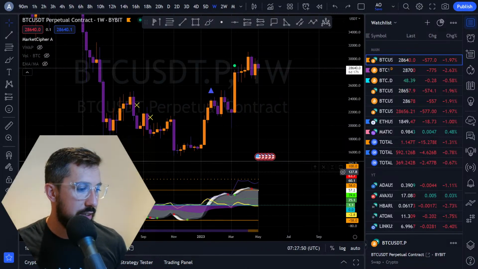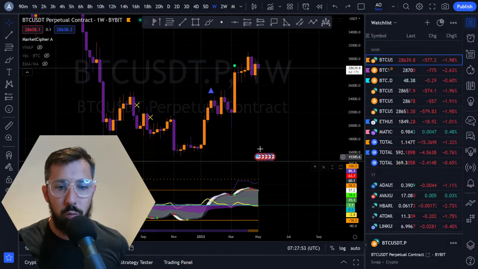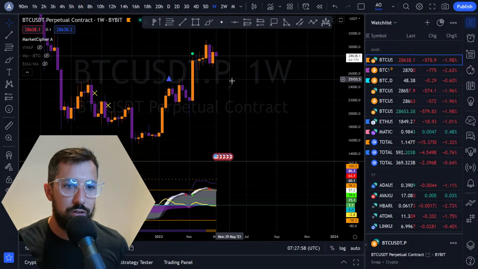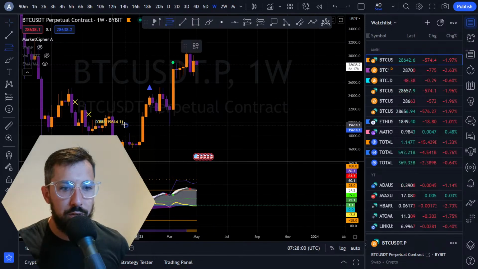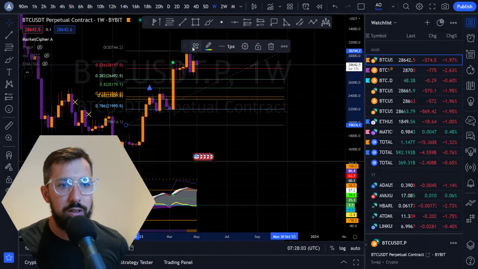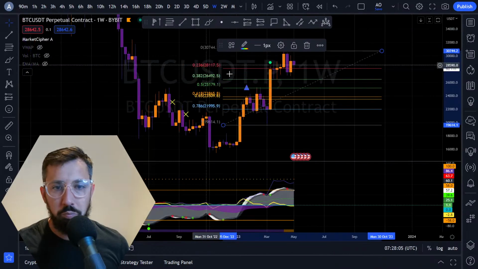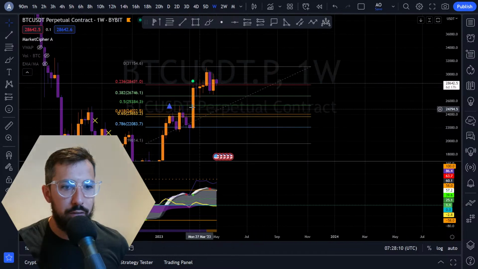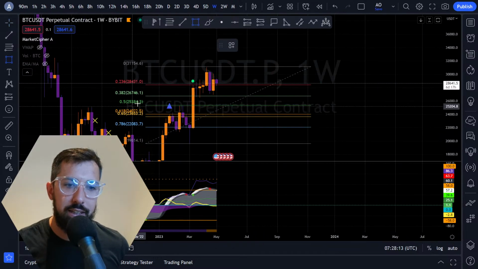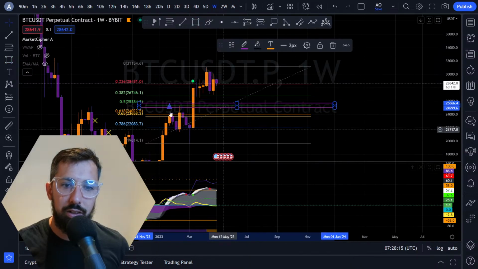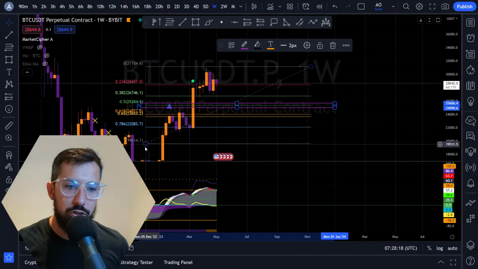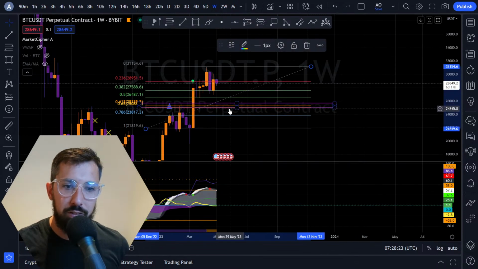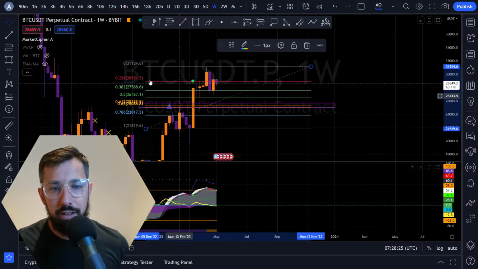So going back to the charts, let's look at this now. So we can see the weekly curling over, looking for a retracement, right? Where is this retracement? If we look at the weekly, I mean, if we pull from this low to this high here, why is everything in my way today? Okay, we can see we have our 0.5 here at the 25. This is a key level here, this 25 area here. We want to be very cautious with this area as well. But if we're going to pull it, let's go from the bottom there, and we got a golden pocket there. Okay, so very, very key.